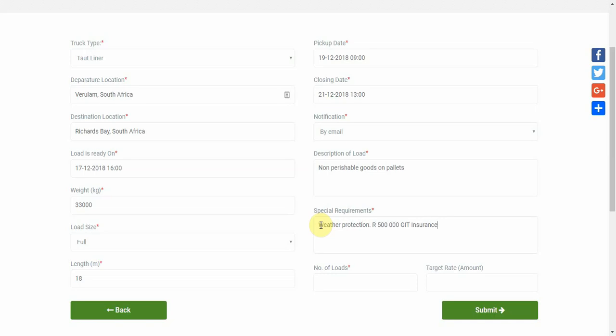Okay, what else do I need for this load? I will need to specify the payment terms. Payment terms here, we will do 50-50, or you can do payment on delivery depending on your situation. I've only got one load. If you had two, let's put two. Say we had two loads, and the target rate for this load, I'm looking at paying 20,000 for each load. So now that I have put in all the details of my load, I'm ready to